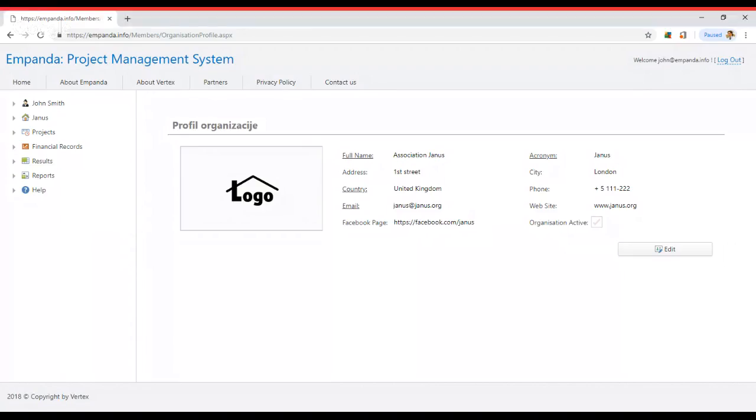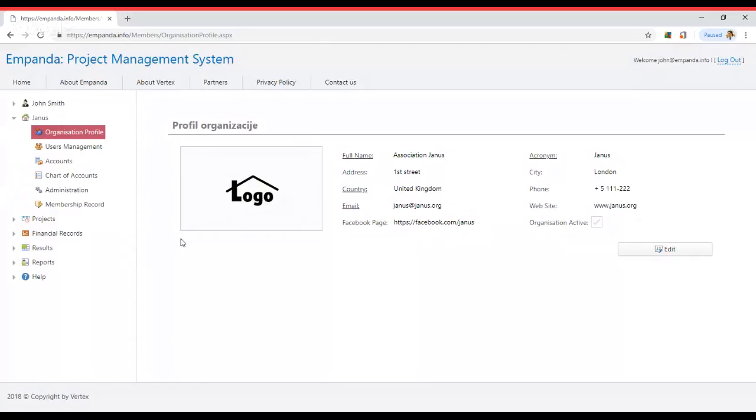Welcome to the user manual of the Project Management Information System Empanda. This chapter of the manual deals with the information related to the organization. The menu Organization is visible only to the admins of the said organization. Other users with the roles of program staff or financial staff on this menu can open only Organization Profile in